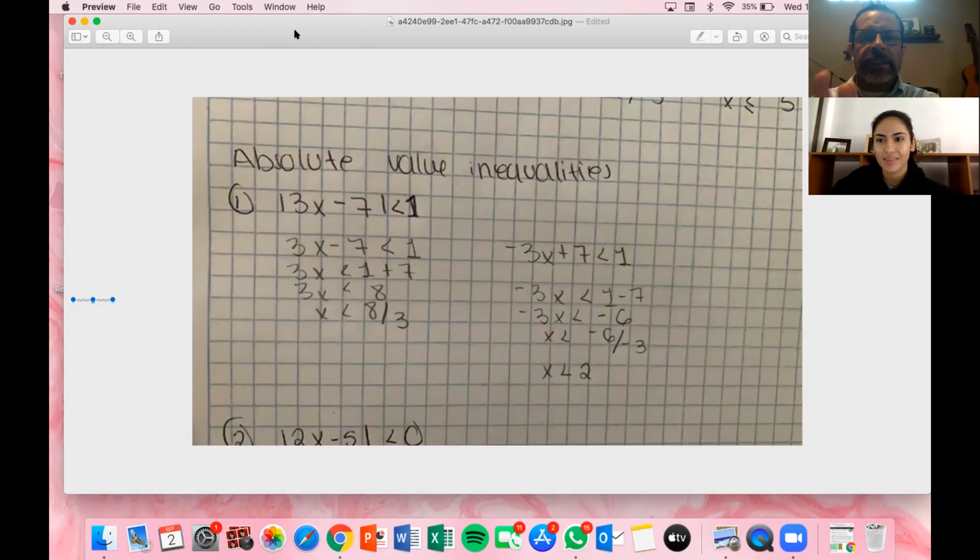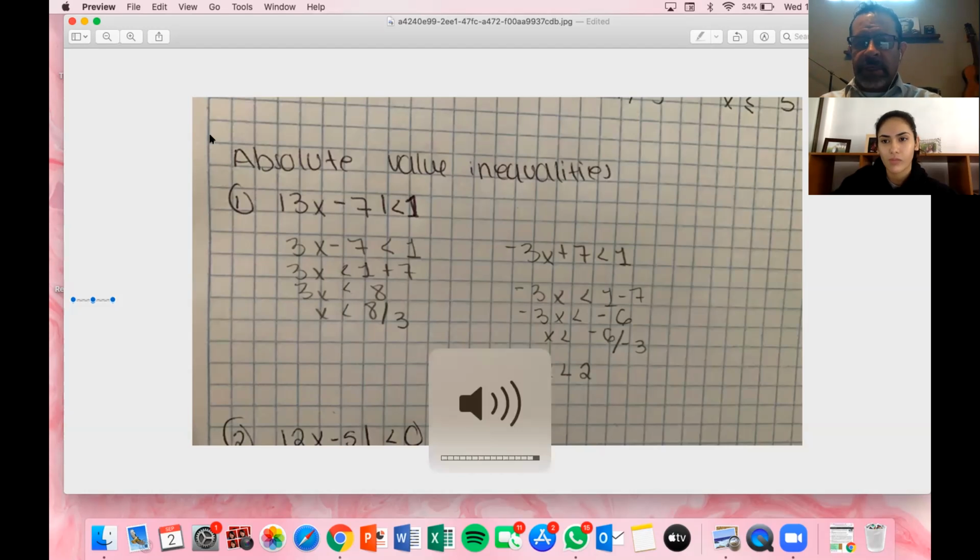Perfect. Just leave it on the screen for a moment, please. Let me just see. I can't do any annotations here, it's not letting me. So this is a correct solution. Basically what Andrea did here, and your solution is correct, I'm just going to add a few things to the